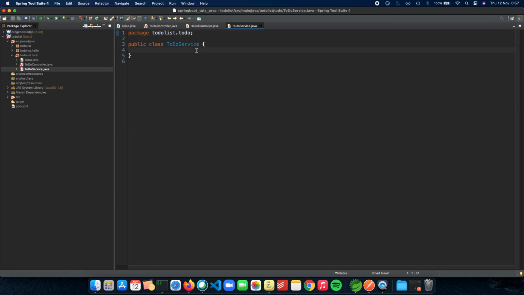So this class will contain all the business logic which we have to actually give back to the controller some data. So here first we need a list of to-dos, right? So we'll have a private list of ToDo called todos, and this is going to be an ArrayList. So new ArrayList, and let's actually implement our ArrayList, right? So this is going to be Arrays.asList,